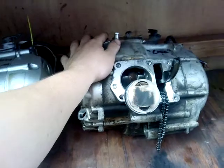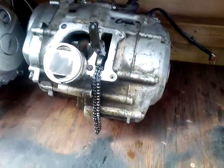Right, now this bottom end here. What is this one? This is from a Yamaha XT125, had a 150 kit on it, which is that middle one. Right, oh yeah, by the way, that's my...